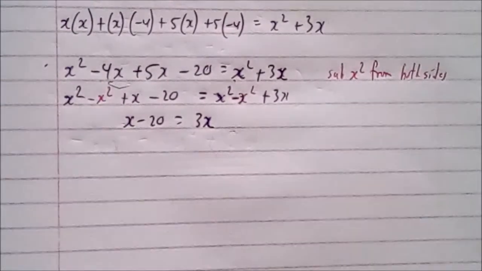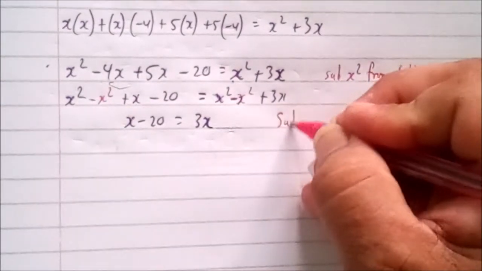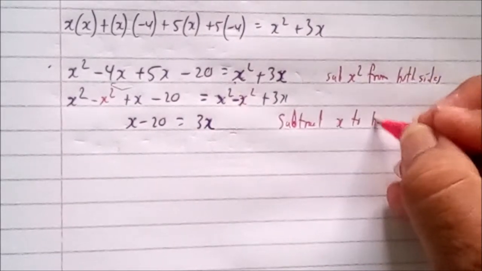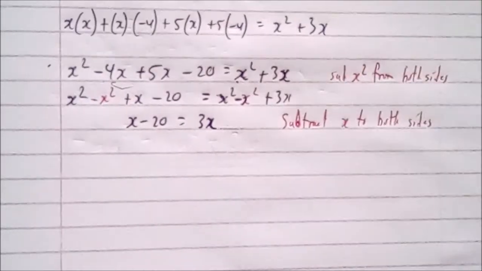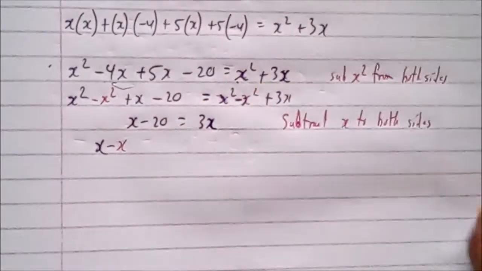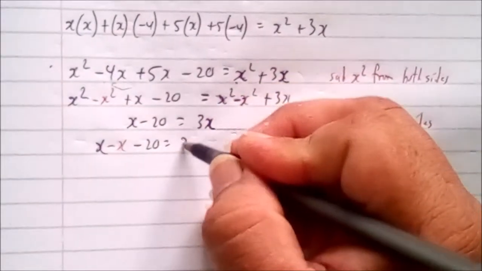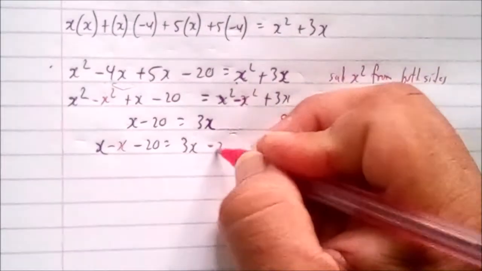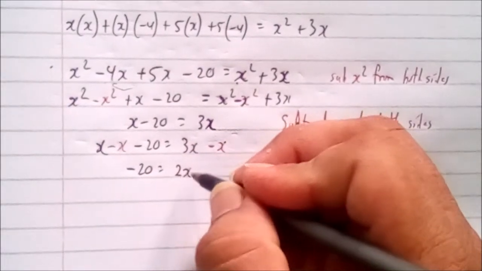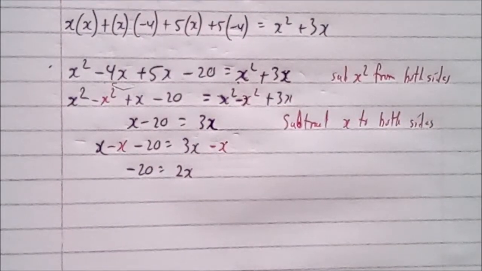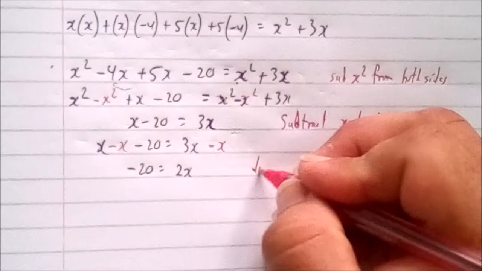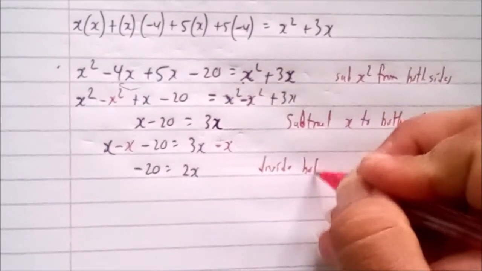So subtract x from both sides. That gives me x minus x minus 20 equals 3x minus x. This cancels out, negative 20 equals 2x. Okay, then we will divide both sides by the 2. So divide both sides